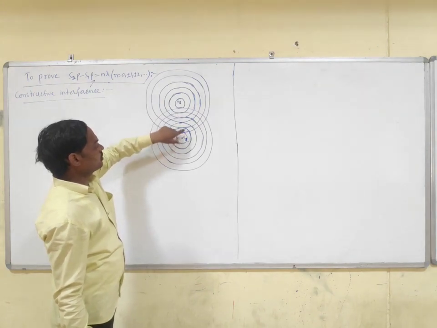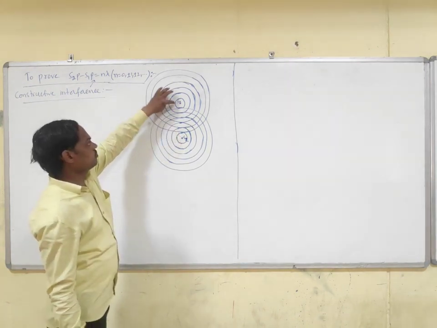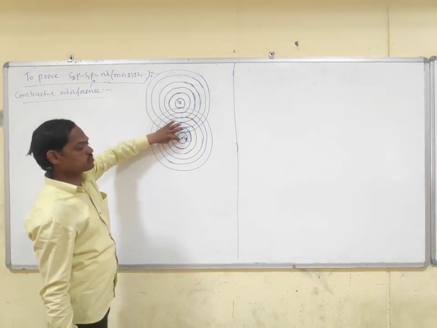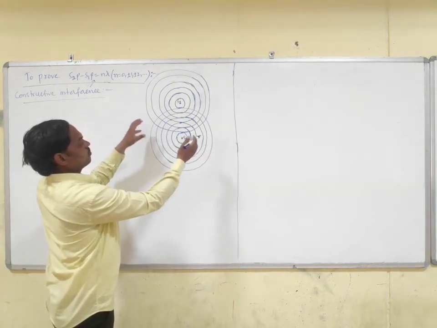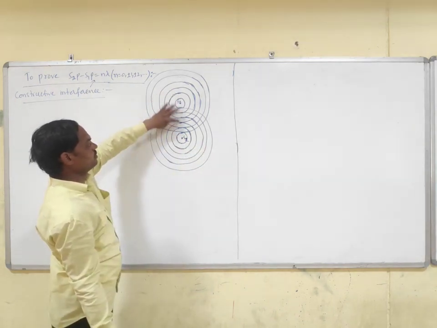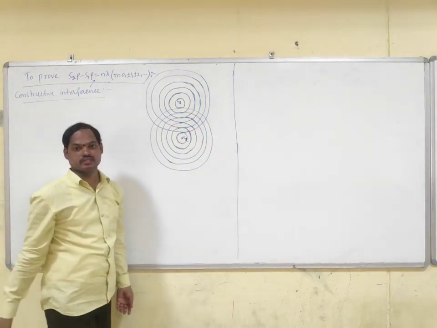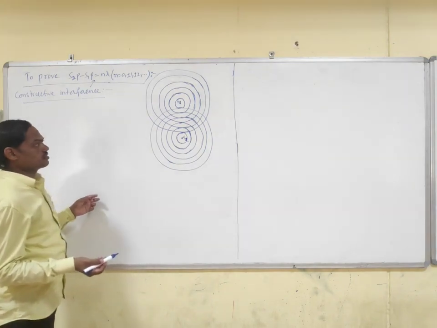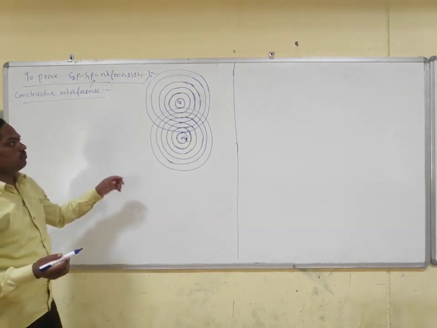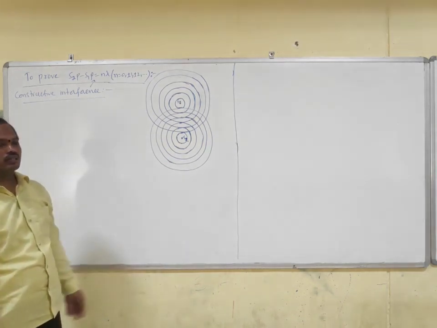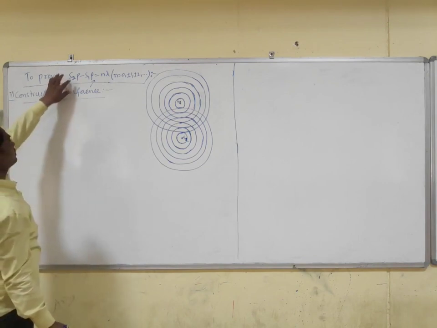Now these are the wave fronts which are coming from S1 and S2. Imagine like here one stone is dropped into still water, here another stone is dropped into still water, then water waves are moving away in all directions from S1 and S2. Now these are the points which are the overlapping regions. When overlapping occurs, two crests overlapping or two troughs overlapping is constructive interference. If a crest and a trough overlap, then that is destructive interference. So first, let us take the constructive interference condition and try to prove this.